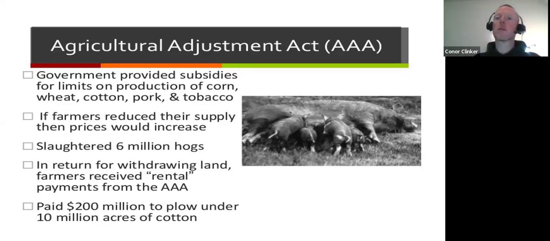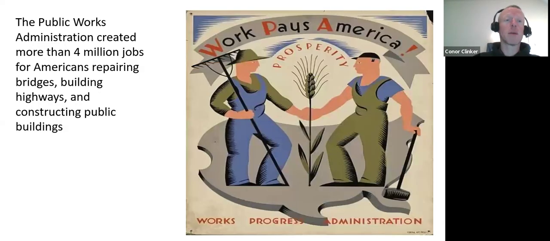This worked. It stabilized the prices and kept farms from going out of business. Now, obviously, a lot of farms did go out of business, but the whole agricultural sector did not collapse. It might seem extreme, it might seem wasteful, might seem cruel if you're a fan of hogs. It worked. And if you understand supply and demand theory, this is a great example of that working.